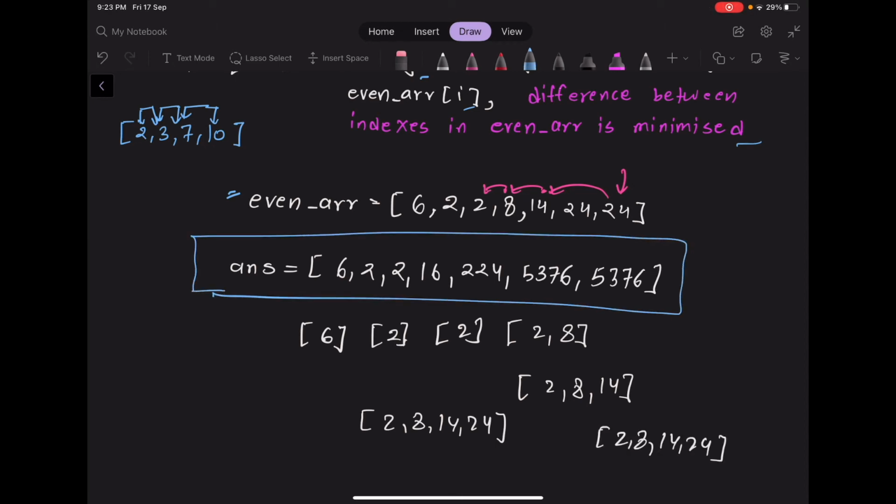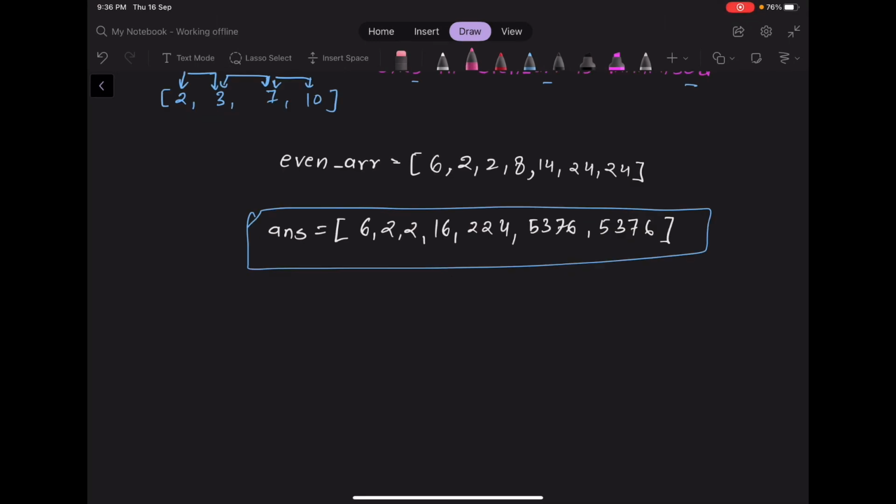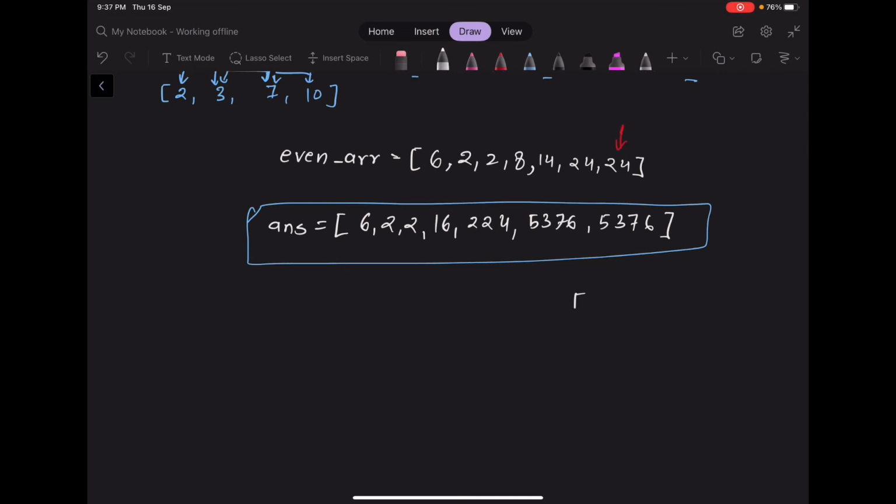Now in this method, for every element we want the first element on the left side which is less than the current element. So finding the first element on the left side which is less than the current element is a very standard problem, and it can be solved using a stack. So one more observation that we can make here is that actually we are using a few things that we have already computed. So for this 24, the special sequence was 2,